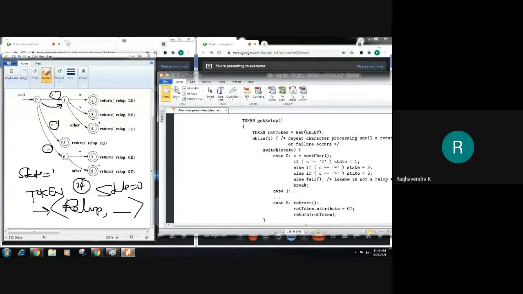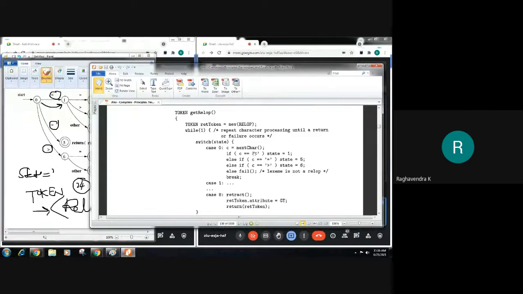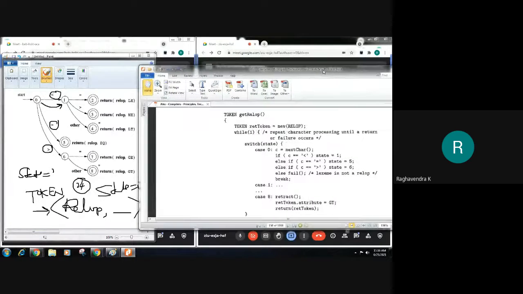When the lexer reads the next character, it will check whether it is a less than symbol, or an equal to symbol, or a greater than symbol. Depending upon each one of them, we will be moving to different states. We move to state number 1 on reading less than symbol, we move to state number 5 on reading equal to symbol, and we move to state number 6 on reading the greater than symbol.